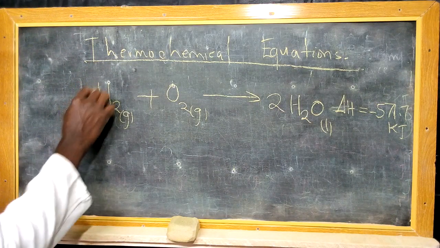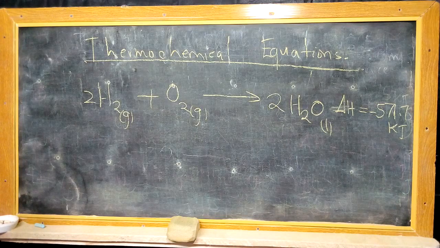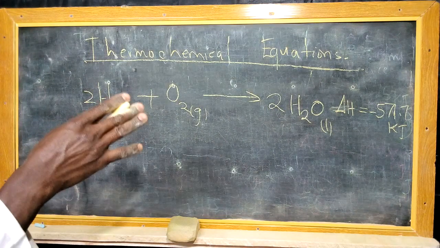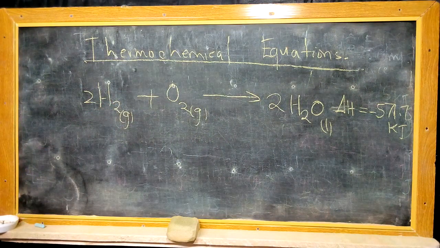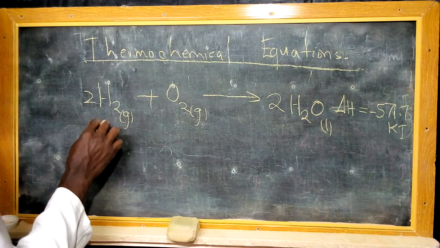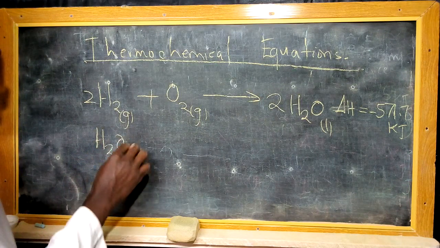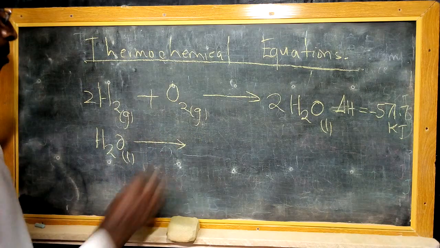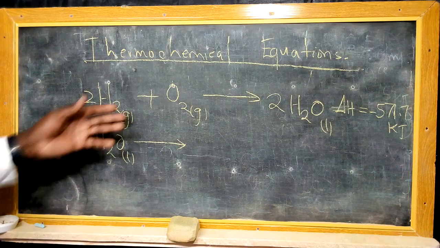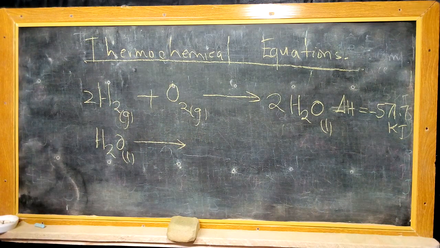That's when, of course, we have to balance that equation. Now, suppose we have the product as a reactant, then we shall have liquid water forming as products the reactants from this first equation,